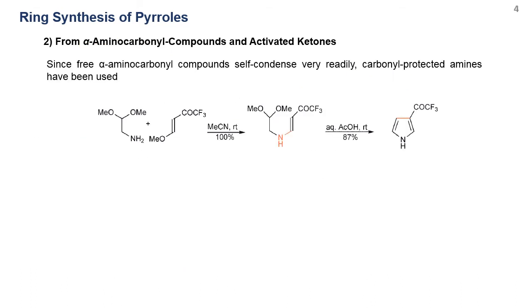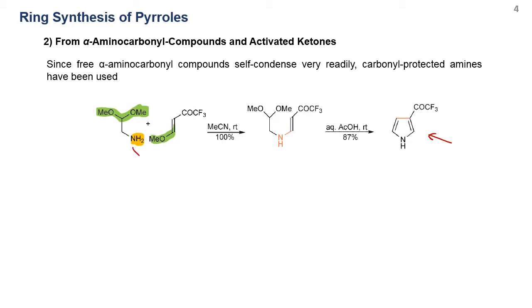If you want the non-substituted Pyrrole as the product, you might need to use an aldehyde to start with, but most of the time the aldehyde is not so stable. For example, if you want the aldehyde here, it will self-condense with the nucleophilic amino group, so you can protect it as the acetal, and the other part also you can protect as an enol ether here as well. But when it reacts,